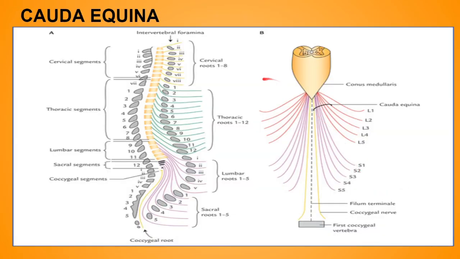Now last is the cauda equina. The last external feature of the spinal cord is the cauda equina. As you can see, these are the cauda equina. Since the cord, as we all know, is shorter than the vertebral column, because it extends only from C1 to L1, it is shorter compared to the vertebral canal length. Because of this, the length and the obliquity of the spinal roots increase. Why? Because they have to pass through the intervertebral foramen, as you can see here.